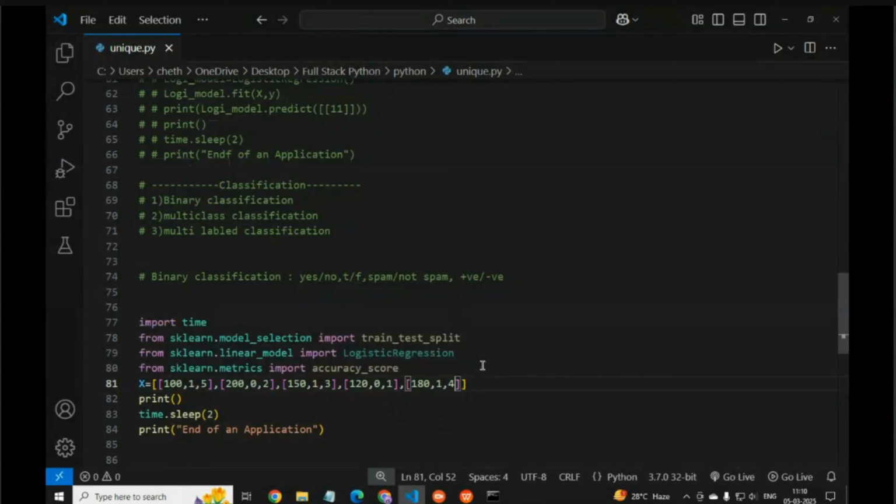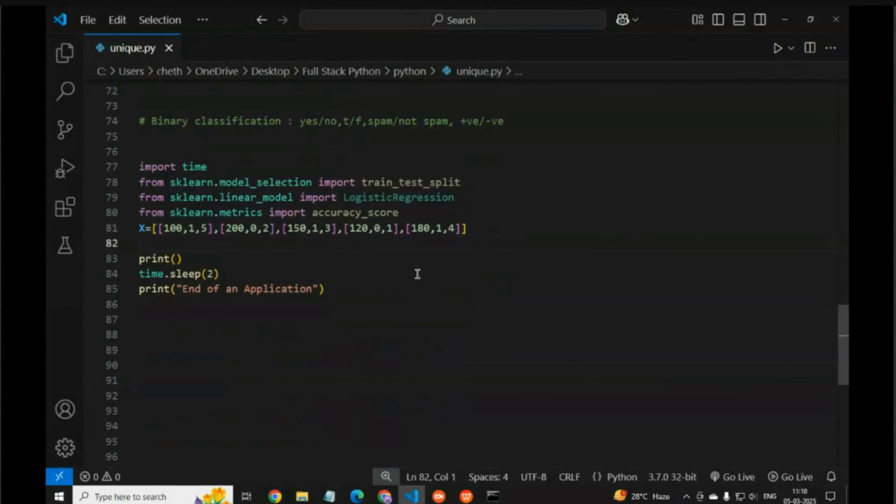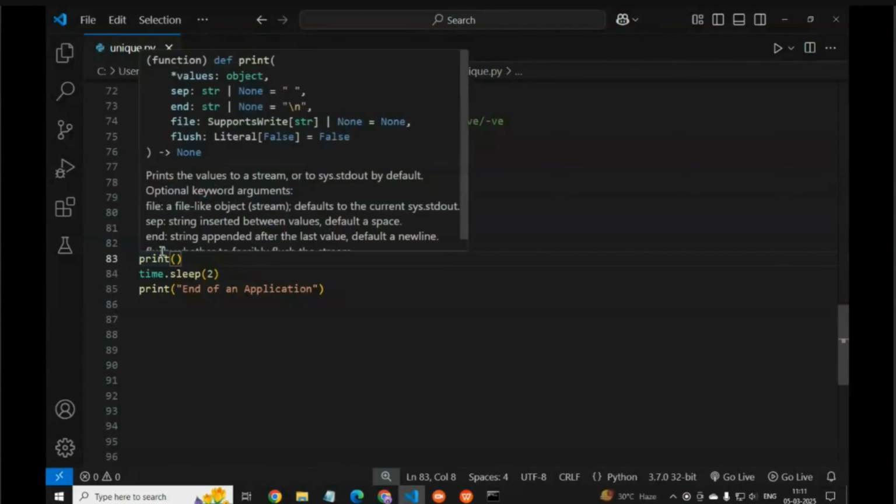So X is the independent variable and y is the dependent variable. Y is dependent on X, and this is the labeled data.